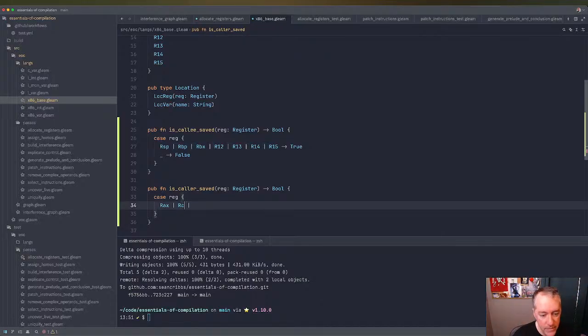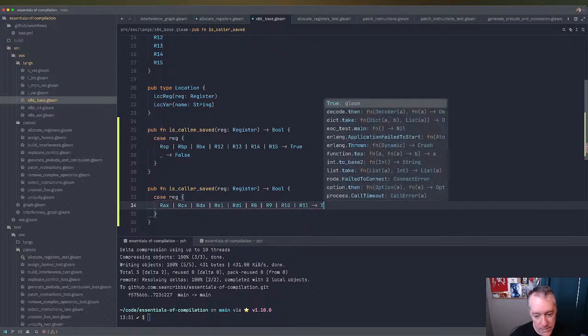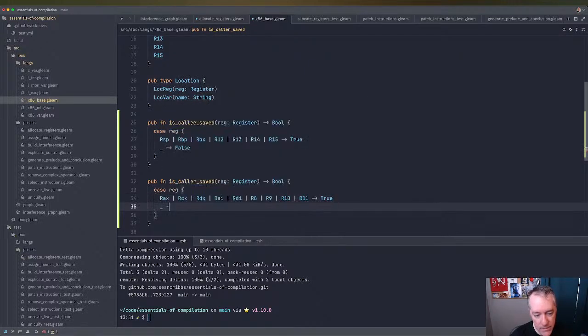RCX, RDX, RSI, RDI, R8, R9, R10, R11, true, and anything else is false. There's probably a simpler way to do that, but